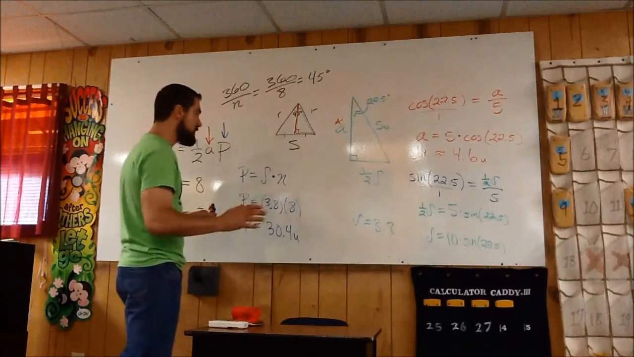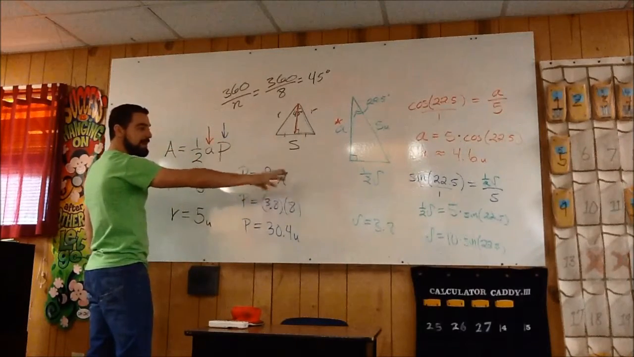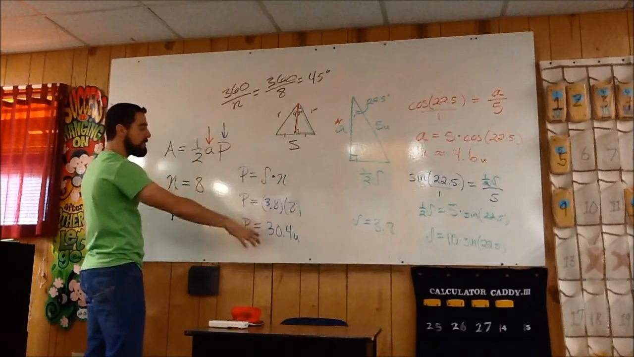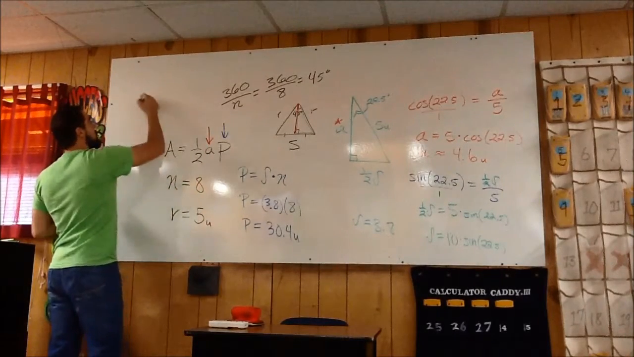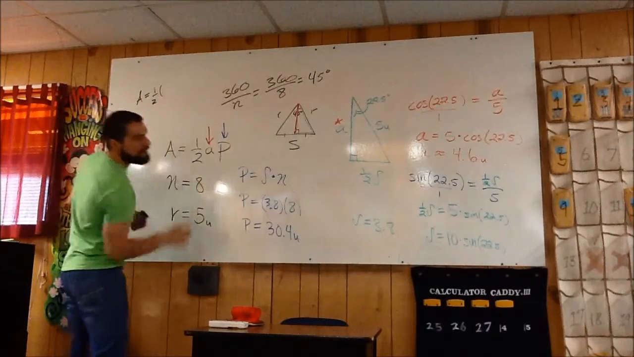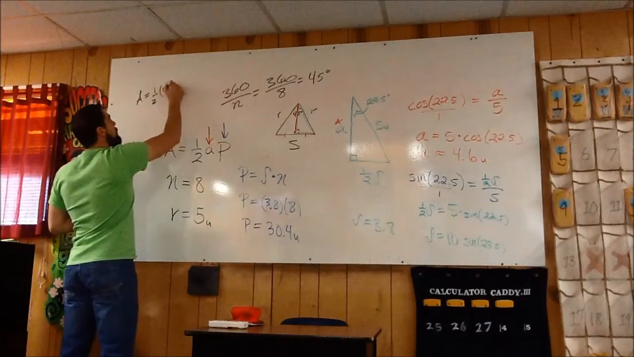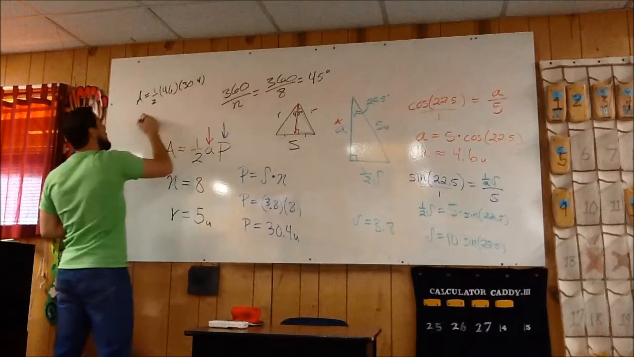Now we got all the information we need. Over there in red ink, we got the apothem. In blue ink and a little bit of green, we solved for our perimeter. So all we got to do is just plug those numbers into the formula. And I know that some of you have already done that. So what is 1/2 times 4.6 times 30.4? Let's round to the nearest